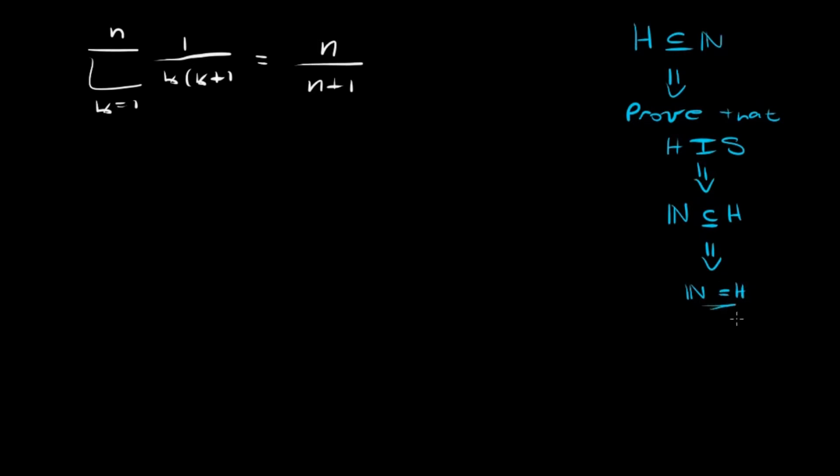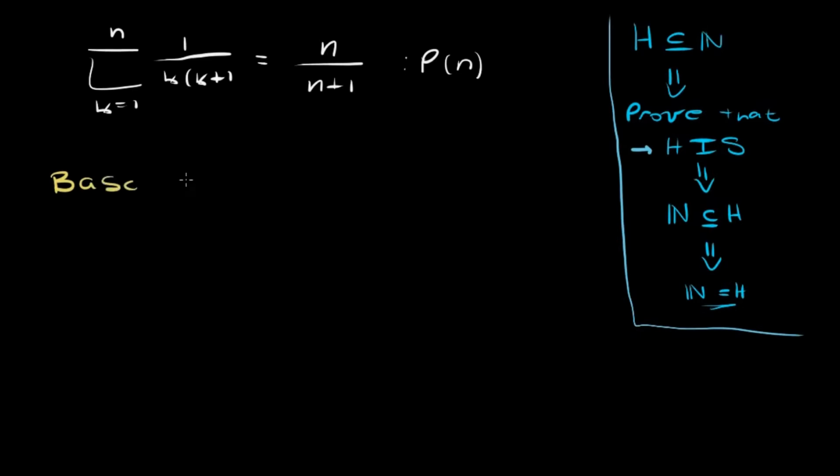And what this meant was that whatever h defined, that was p of n in this case. p of n would be this expression, it would be telling us that this expression is valid for all natural numbers. So this is what the induction means, and now we can start proving this. So first we have to say that h is an inductive set. For this I have two steps. First I have the base case,